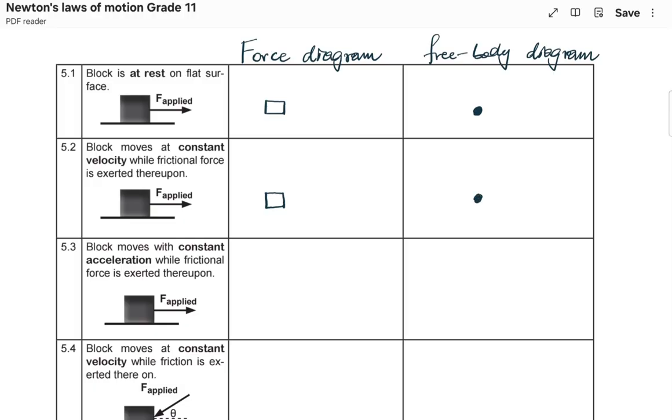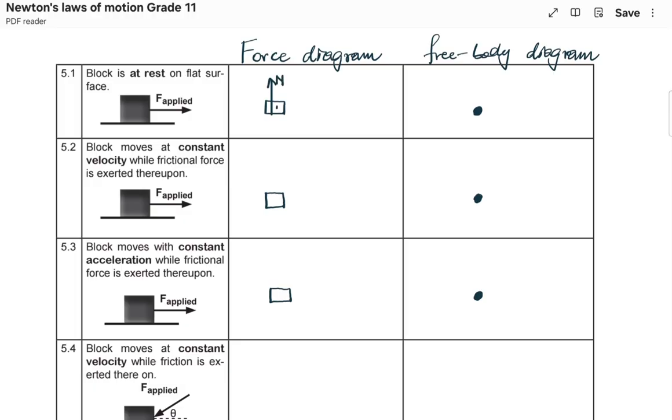We know the free body diagram uses a dot, but the force diagram we use the box. Okay, so now a normal force must be a contact force, and it is always perpendicular to